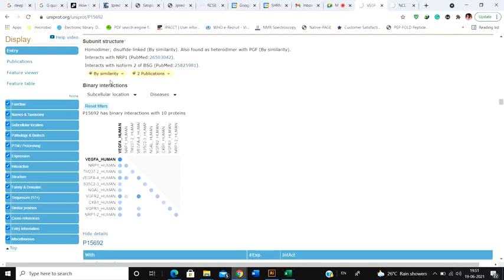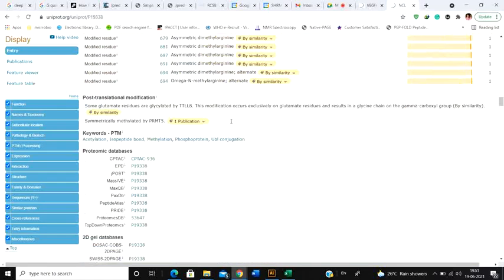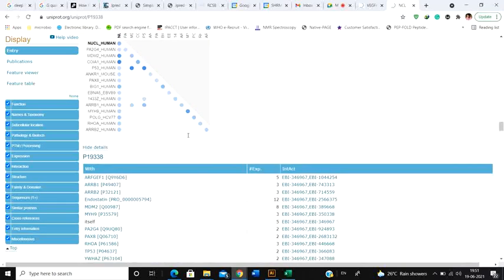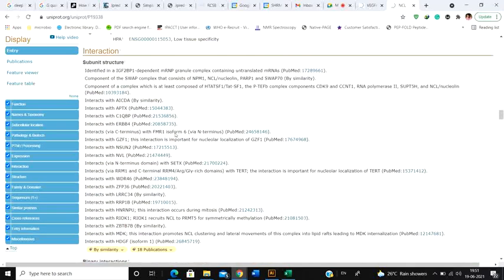And next you get to see the interaction of this protein. What is interaction? That means with what other proteins does this molecule interact? So in this particular case, you see that this protein interacts with, now any protein, to show its activity, it must interact with other proteins, right? It must make a complex. So in this case, the nucleolin interacts with AICDA, it interacts with APTX, and the interaction with APTX is actually followed by this particular paper.